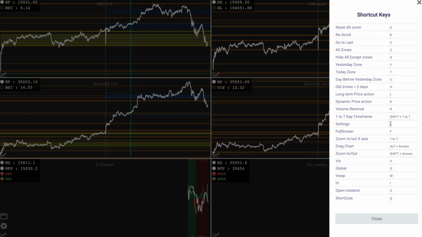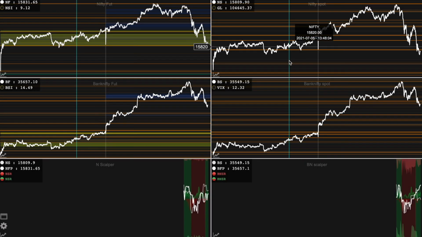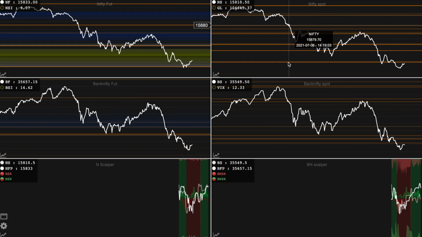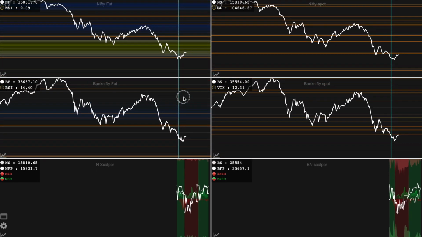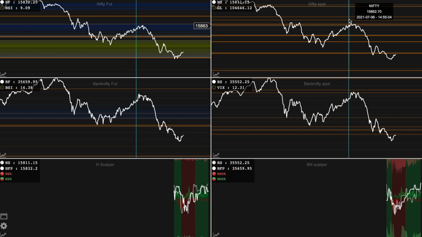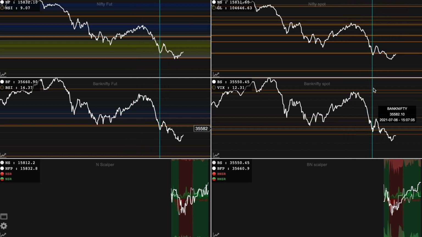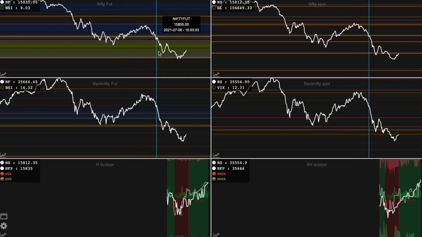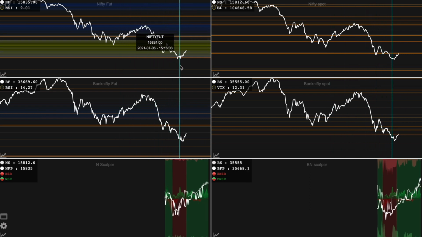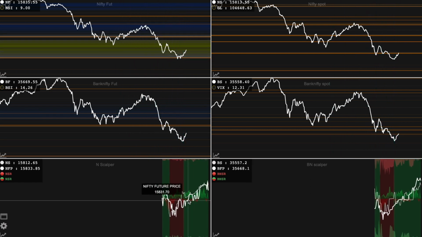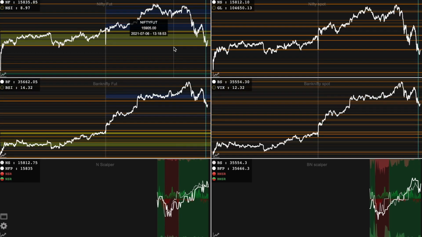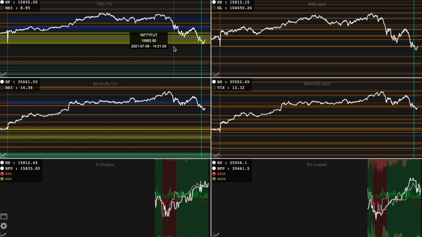Now we'll use this zoom in, zoom out 1 to 7. I'll press the 1 key now. It zooms out beautifully. Now the data looks cleaner, and you can drag on the charts by clicking on the chart and dragging your mouse. You can see here all the price action lines and the zones in a clearer manner. Right now you can see the price is falling to the zone bottom and it is reversing. And you can take a buy trade by looking into the scalper tool.